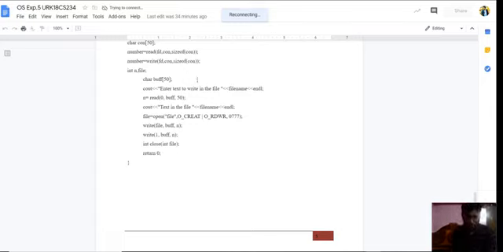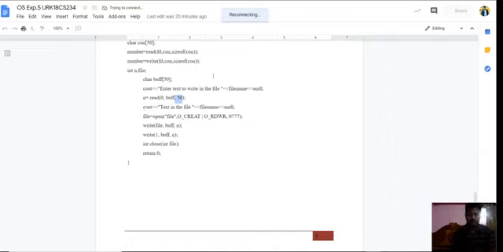After this we need to write some content into the file. So cout: enter the text to write in the file, and I am giving the file name. And see here, n equal to read(0, buffer, 50). In the read method we discussed that the read system call takes three arguments: the file descriptor, the buffer where the data is stored, and the number of bytes. See here, this is the file descriptor, this is the buffer where the data is stored, and this is the number of bytes. After that, cout the text in the file and the file name.